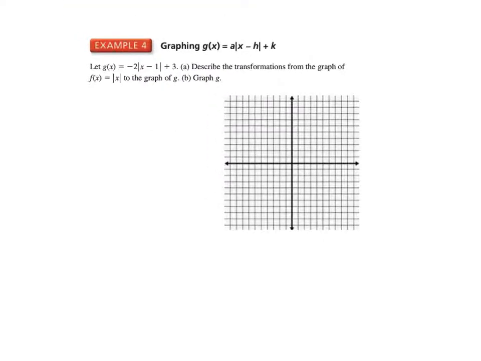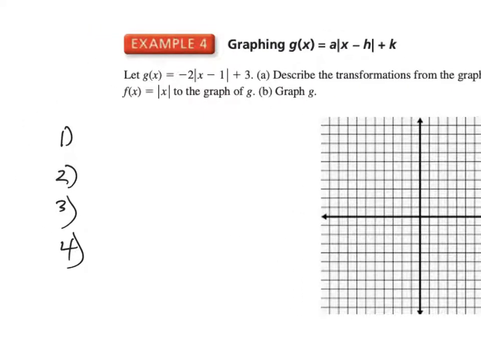So the last part, it's a huge graph, right? It says describe the transformations of the graph compared to f of x equals x. So what are the transformations of the graph? There are four things that happen. See if you can tell me the four things that happen: 1, 2, 3, and 4. Tell me, looking at this equation right here. Can anyone tell me by looking just at the equation what things are happening to